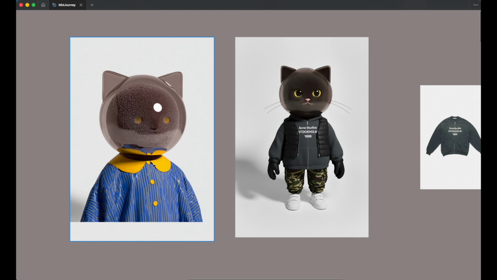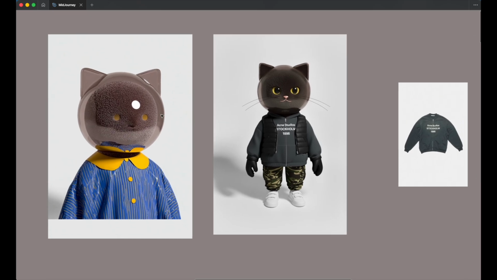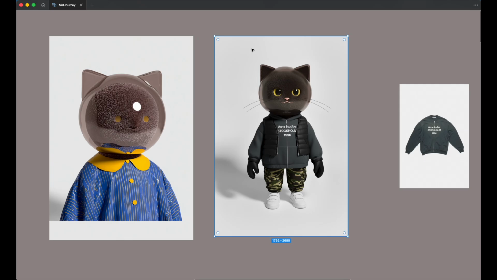I didn't like the reflection here, but I was focused on trying to find something I liked, and it caught my eye because of the fact that the head was in sort of a glass container here. It was not perfect, but I had the base to work with,